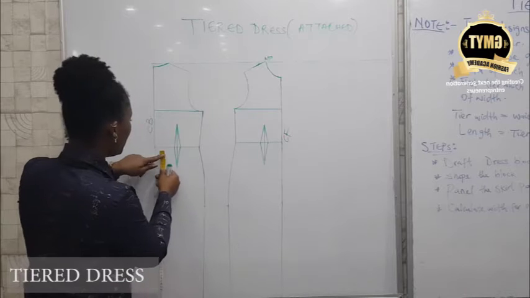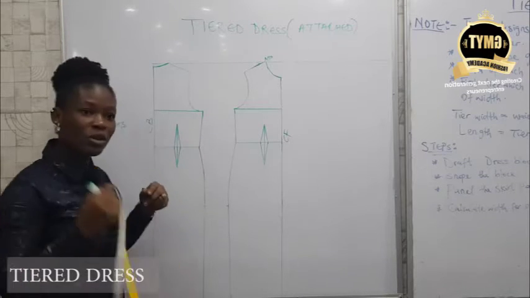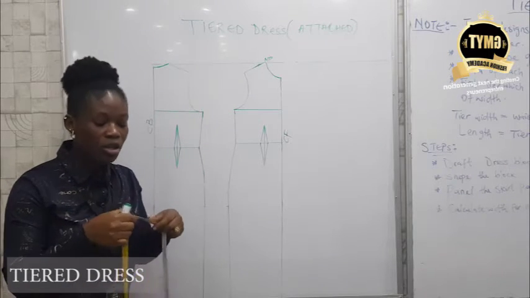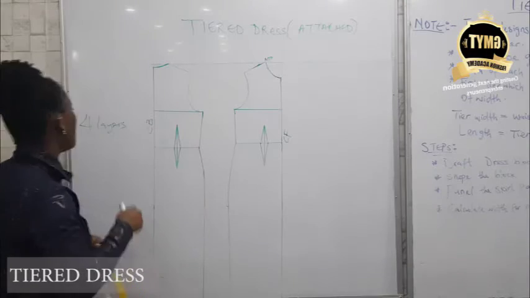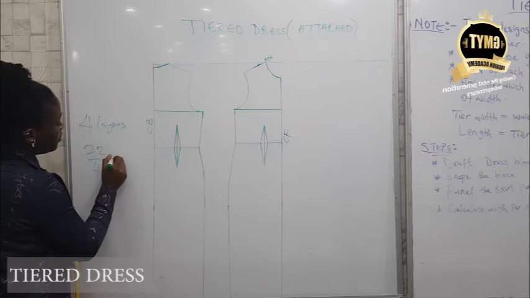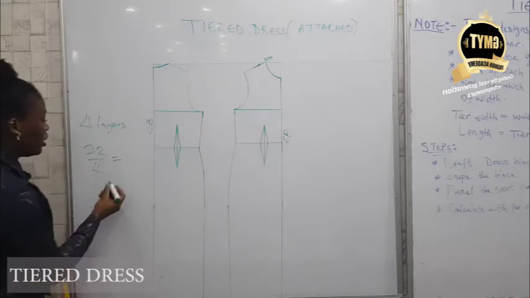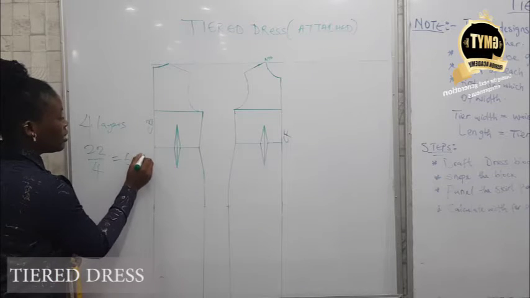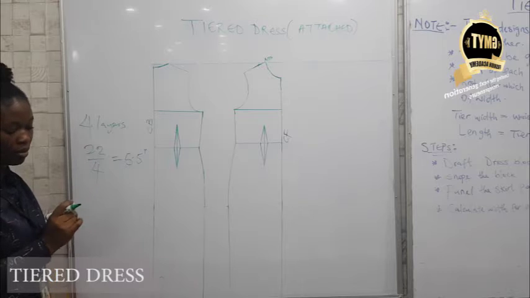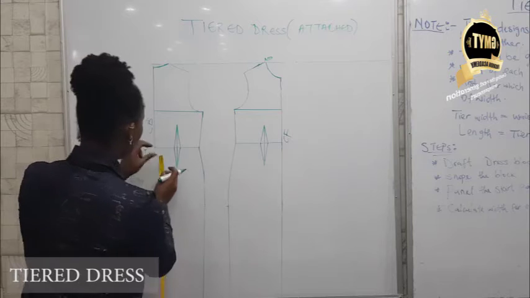I have here from my waist down, 22 inches, and in cm I have 56 cm. So since I'm doing 4 layers, 22 divided by 4 gives me 5.5. This is inches. So 5.5 in cm, that's 14 cm. So I'm going to divide